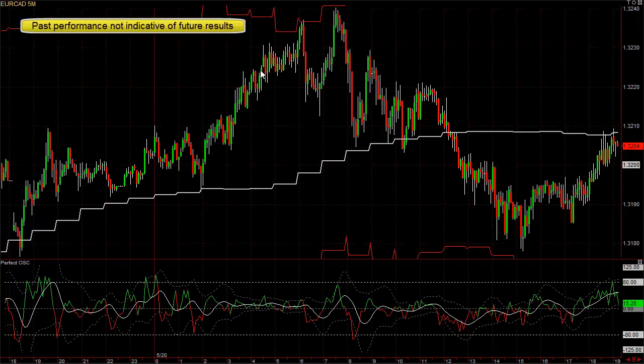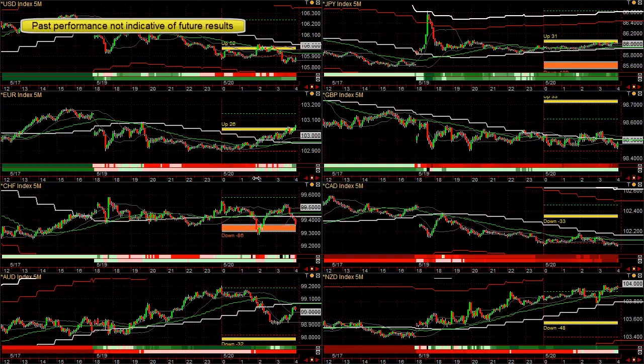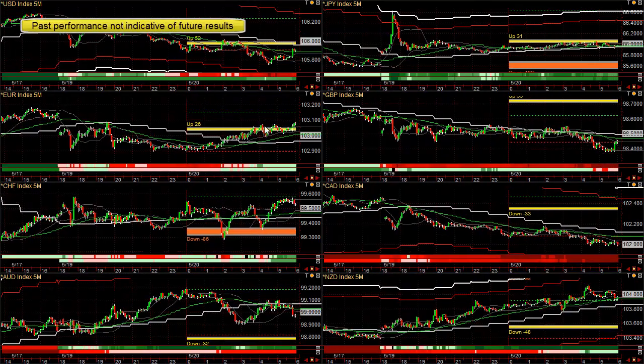Here's 4:30. And you can see that this trend did continue up. It wasn't the biggest move in the world. It went up about 12 to 15 pips. During the next pullback, it went up again. The next pullback went up again. You can see later on, as we scroll forward, that the euro really didn't have any kind of continuation, and the CAD, although it broke down, really never collapsed initially. So unfortunately,